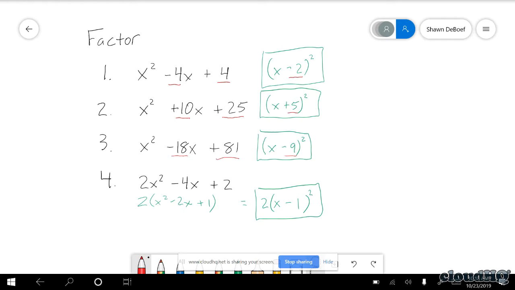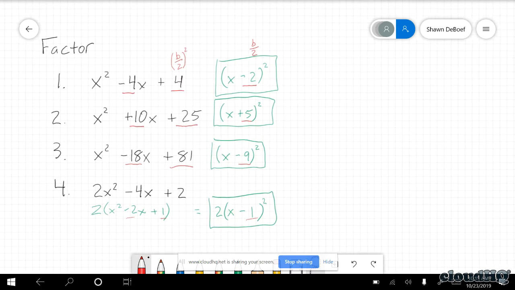It was squared. So in each one of these cases, that C value was actually the B value cut in half and squared. That was the relationship that existed in the C spot. We took the negative 4, cut it in half to get negative 2, and we squared it, we got 4. Half of 10 is 5, squared is 25. Half of negative 18 is negative 9, squared is 81. Down here, after I factored out the 2, I would take half of negative 2, square it. Half of negative 2 is negative 1, square it, you get positive 1. And so the number that went in the parentheses was just the B over 2, half of B before you square. It's an important